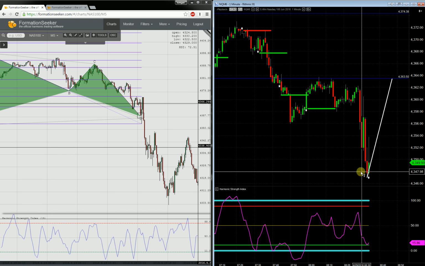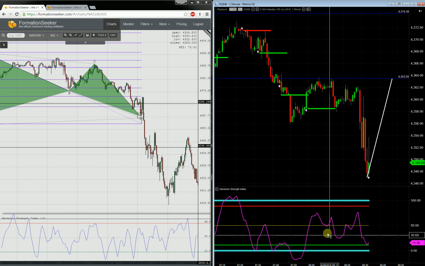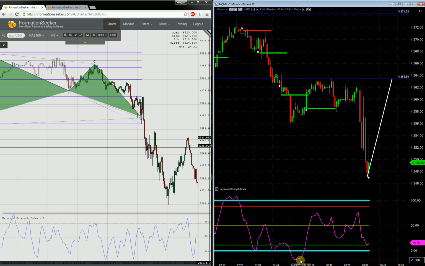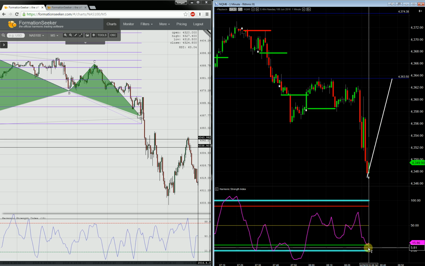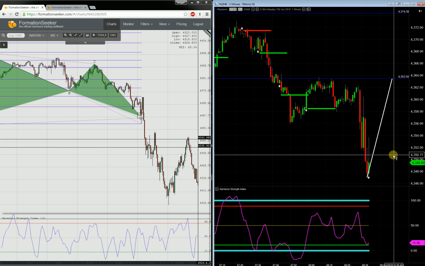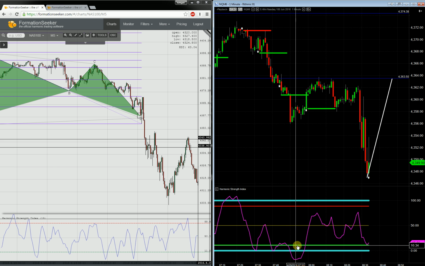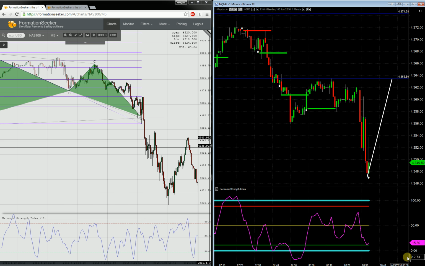Okay, so this is backed up to where I was at when I put on the trade. So right here, we're right around coming into the PRZ at this point. And even though I know the 15-minute didn't look great, and that almost ruled the trade out for me, I saw this really nice bullish divergence on RSI. So in this case, I went ahead and went for it based off of this. In the future, it might be better to just wait for everything to line up perfectly, but in this, I hadn't taken a trade yet at that point, so I went ahead and grabbed this when I saw it,